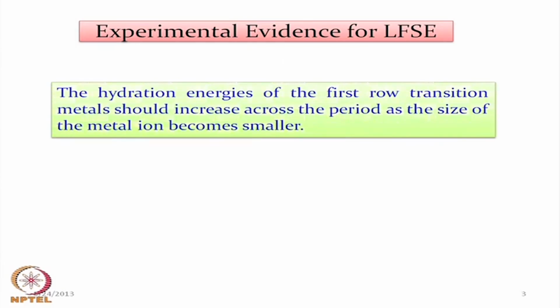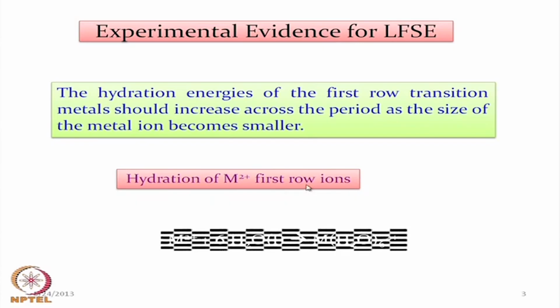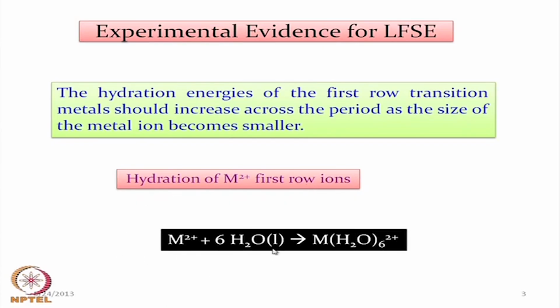So this basically is related to the corresponding size of these metal ions, and we will be seeing the corresponding hydration of M2+ first row ions, when M2+ is reacting with H2O giving [M(H2O)6]2+. These are the very basic things: the reaction is the interaction of the water molecules with the M2+, and this gives us some nice clue that whenever this hydration energy contribution is there,